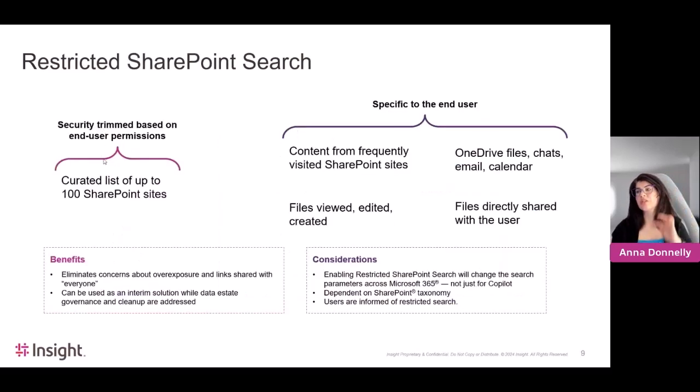Okay, so just very quickly on SharePoint restricted search, it allows you to curate 100 sites that can always be accessed if the end user has permission. So here are these 100 sites. If the end user has permission to them, always provide results from this. In addition to that, specific to the end user, they get content from their frequently visited SharePoint sites. So these are sites that they're actually going to. They get everything from their OneDrive, email, file folders, chats, anything that is specific to them, right? This isn't stuff that's shared from other people's OneDrive. This is their own. They get access to anything that they have viewed, edited, or created. So these are things that they are actually accessing. And then anything that has been shared directly with that end user is something that Copilot will look at and